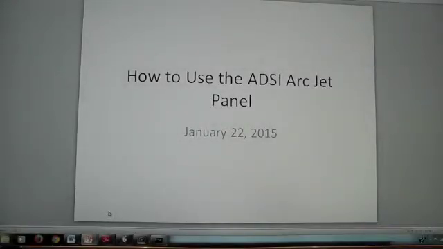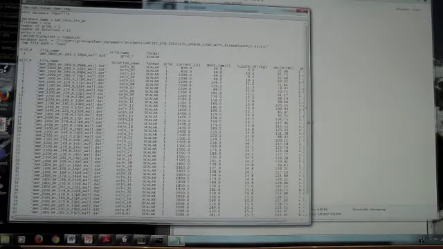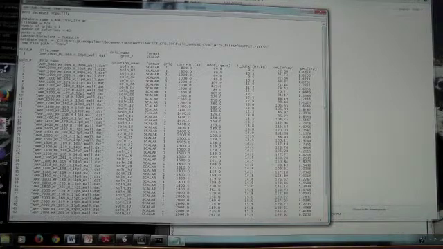So this is a little movie on how to use the ArcJet panel in the ADSI tool. The first thing you'll notice is there's a couple of these data files, and these have the ArcJet databases. You won't have to actually worry about these, except they should be in the same place as the executable. If you look at them, it's just basically columns of data. It's got the arc current and the mass flow, the bulk enthalpy, and the stagnation point heating, and the wall